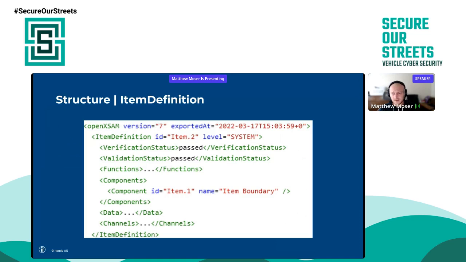So for the structure of this, we have three sort of parent elements within here. And the first one is the item definition. And this contains all the data related to the architecture of the analyzed system. This section in particular relates to Team A and is obviously the foundational step for performing TARA. Functions, components, stored data, etc. can all be found here. The verification and validation status can also be viewed as a property of this element, but I want to be clear that